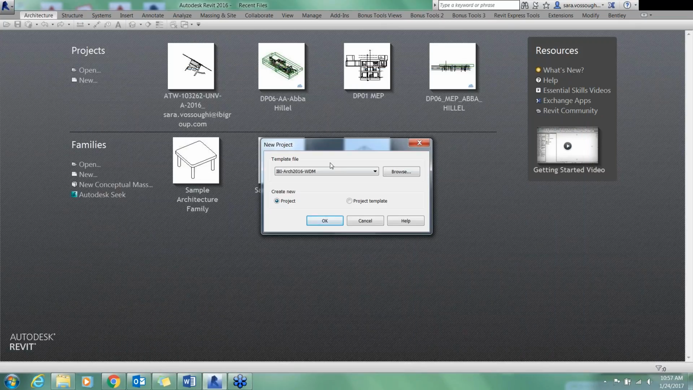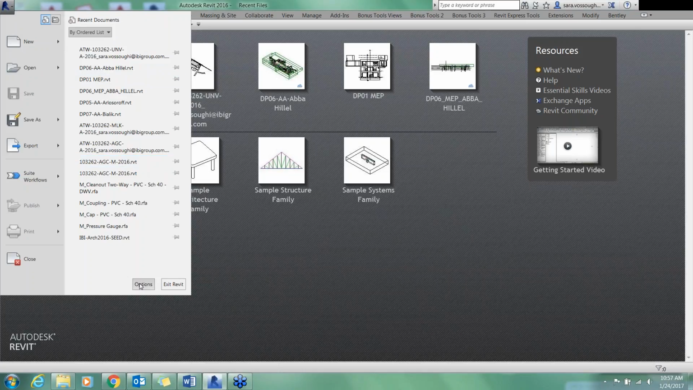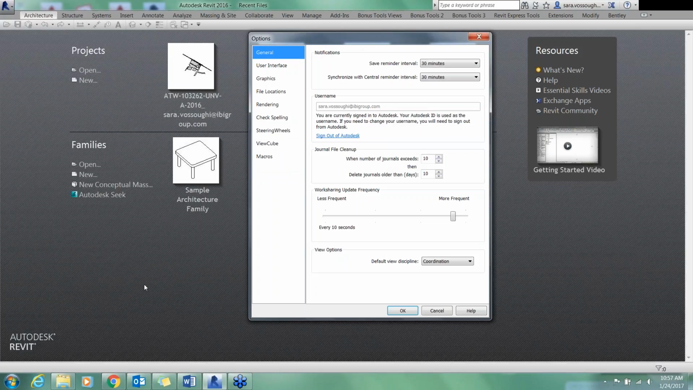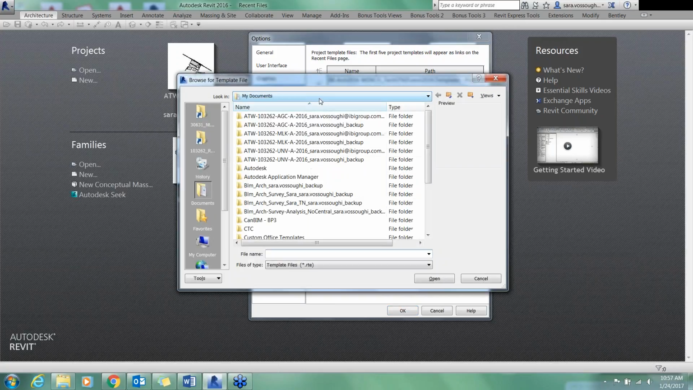If you open your Revit and you don't see any of these templates here, that's how you actually direct your Revit, change the defaults of your Revit to get here. So when you open the big R, you go to Options. In here, you go to File Locations, and then supposedly this would be empty for you. Then you add the directory